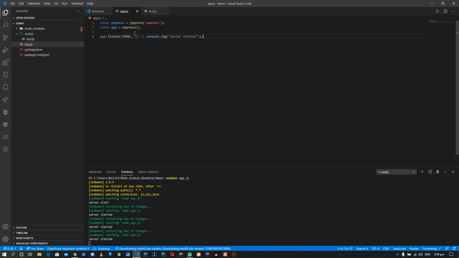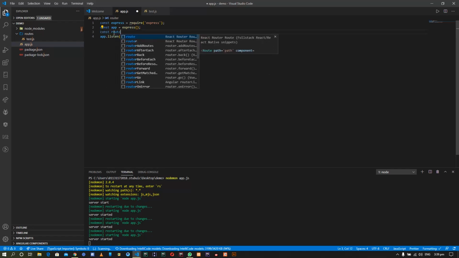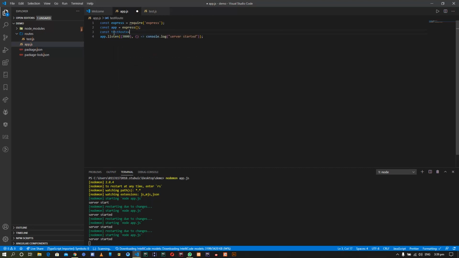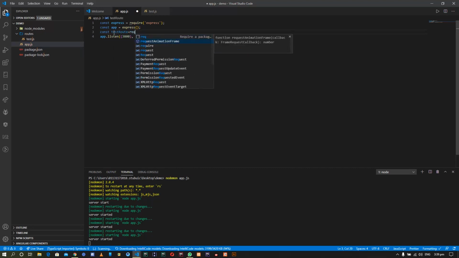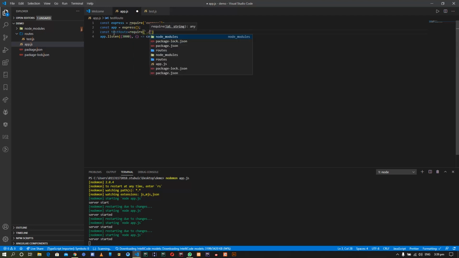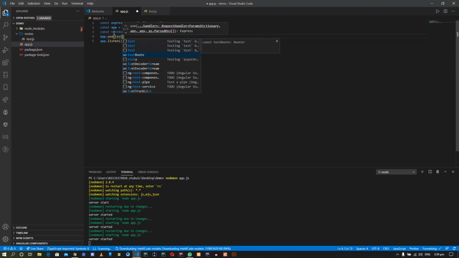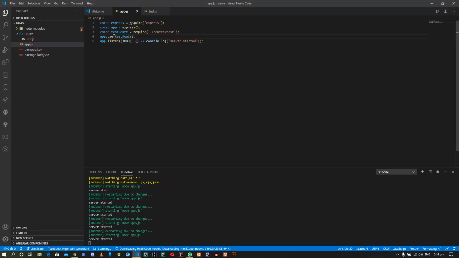Now import that test.js file in your main file, that is const test route equals require routes test. Now app.use test route, which allows the app to handle those routes.